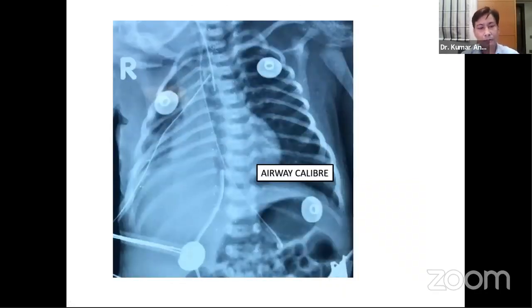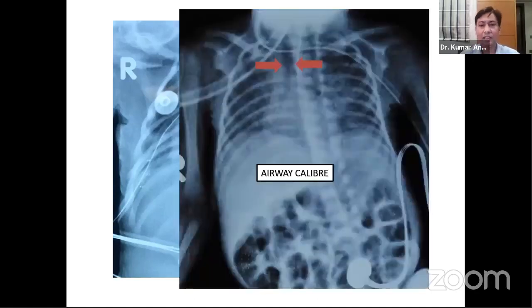Sometimes we also look at the caliber of the airway. In extreme preterm infants, the baby would require prolonged ventilation, and you start with an ET tube of 2.5 French, and gradually over 3, 5 or 7 days, the baby would require an ET tube of 3 or 4 French. That would lead to enlargement and dilatation of the airway, and this can lead to a lot of problems. Once you extubate the patient, you may require a larger cannula to maintain the airway pressure or positive end expiratory pressure. So airway caliber you can also see on the X-ray.